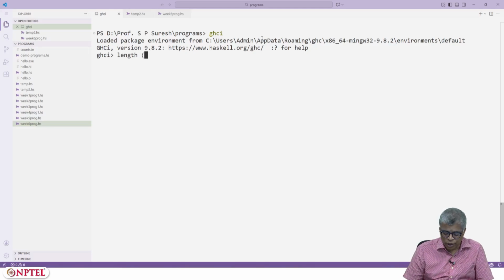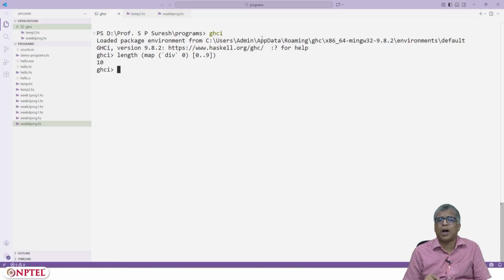And you can ask for length of map of div 0 and you will cleanly get the value 10.